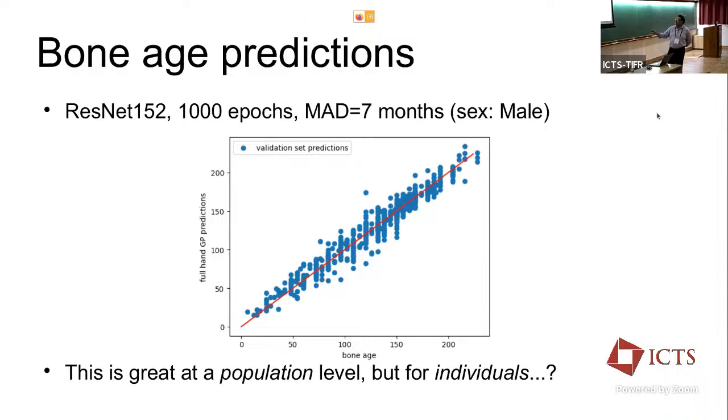So the metric that's used for describing whether or not this is good enough is the mean absolute deviation, MAD. One wants to get it under about 6 months. So the average deviation in absolute terms is not more than 6 months. That's good enough for clinical practice. The MAD in this case, for this model, is slightly higher. It's about 7 months. One can work a little hard to produce models that are of slightly lower MAD, but